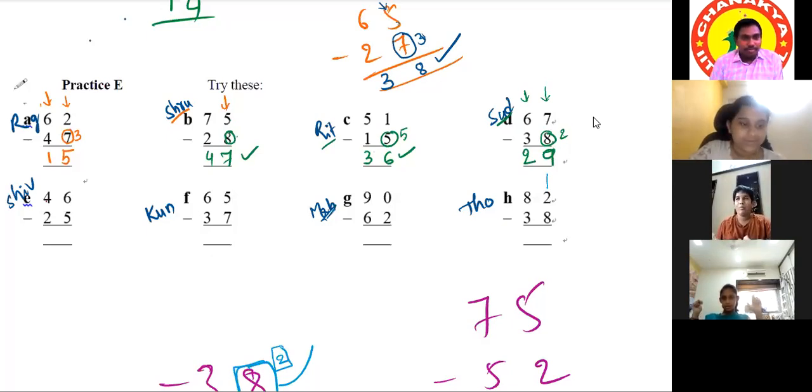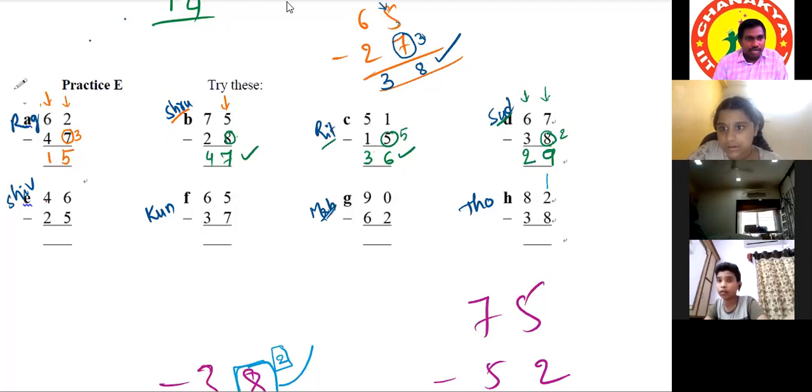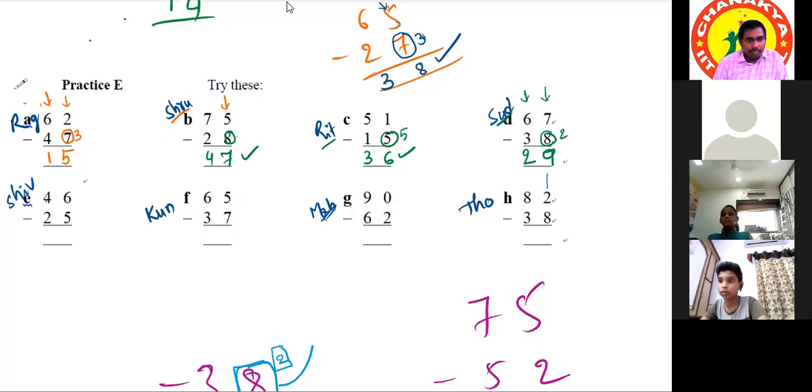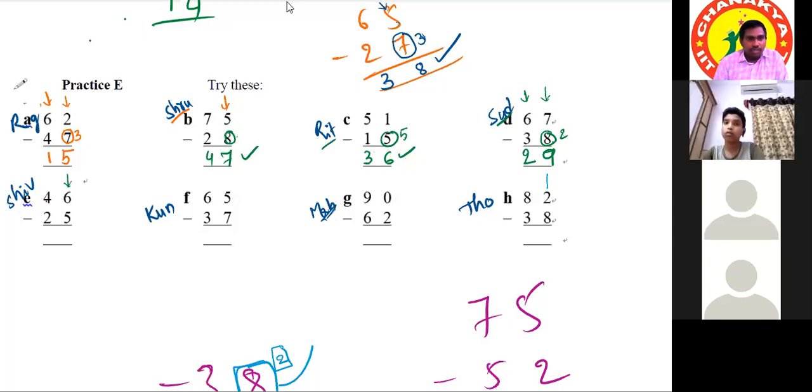Okay, sir. Shiv Pranav. Sir, 4 minus 2 is 2, sir. Okay. Sir, 6 minus 5 is 1. Shall I write 2 only, or do we have to reduce 1? Sir, 2 only, because the second one is also the same, sir. Yeah, because the next place also matches, so we keep it as 2 only. 6 minus 5 is 1, that's a simple, normal subtraction.